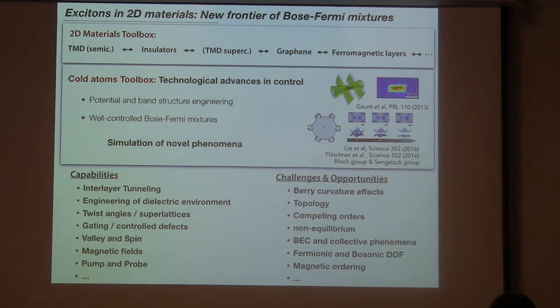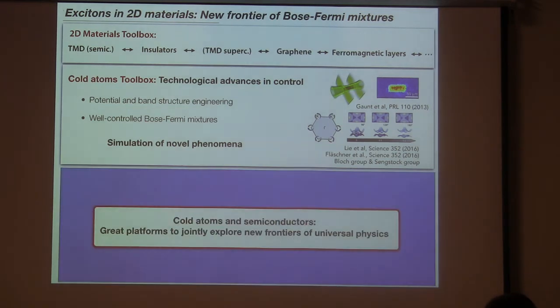Actually, in these TMDs, one can also have small one-dimensional structures where one traps excitons to get one-dimensional physics. In TMDs, box potentials are a little bit more difficult, probably still at the moment, but okay. Anyway, we have a similar set of tools in both systems. And this is where I want to stop. This is just an outlook of things one can probably do in the future, bringing these things together.